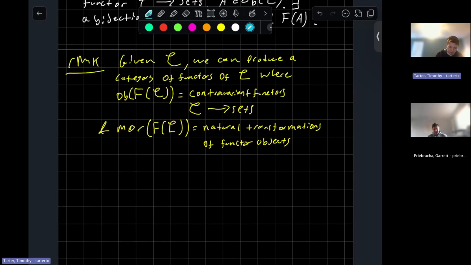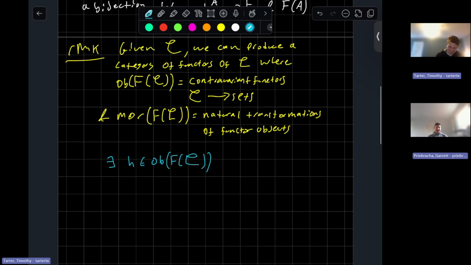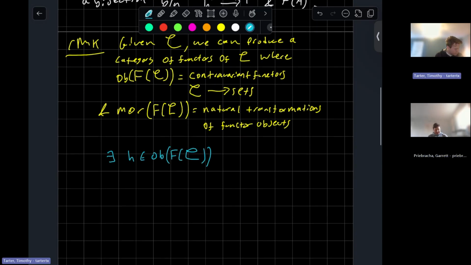And then really Yoneda's lemma says that there exists a functor H in Ob F of C that looks like a phi. Oh my goodness. I can't draw. I can't write. Whenever you see an E, it could be a phi, or a C, or the Hebrew letters. H in Ob C,